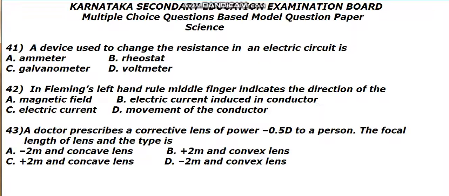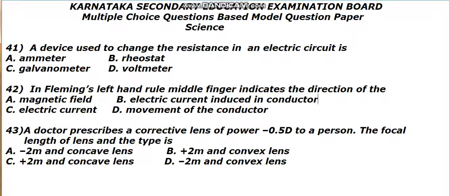Very simple, you know the formula, that the power of a lens is the reciprocal of the focal length of the lens. That means P is equal to 1 upon F. So P is equal to minus 1 upon 0.5. Minus 1 upon 0.5 is nothing but 10 upon 5, of course minus, and when you convert the decimal to a fraction, you are going to get minus 2, and focal length is measured in meters.